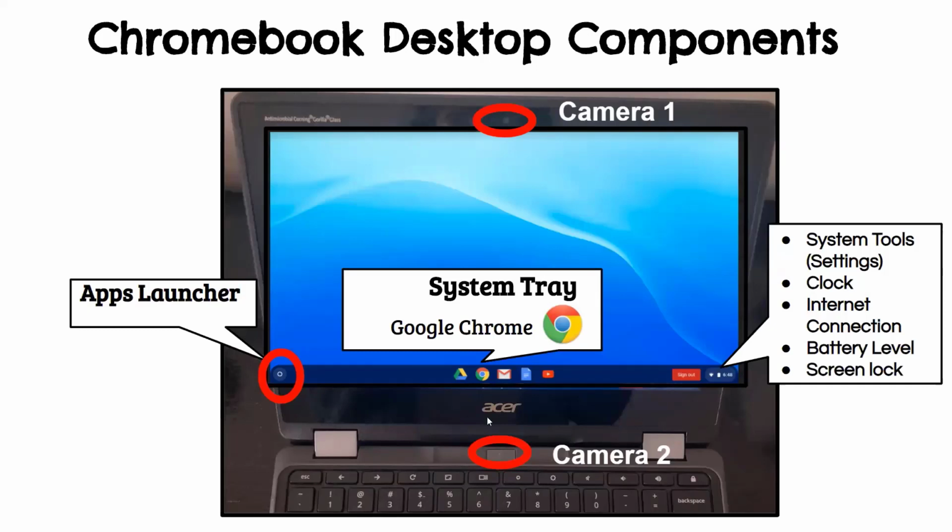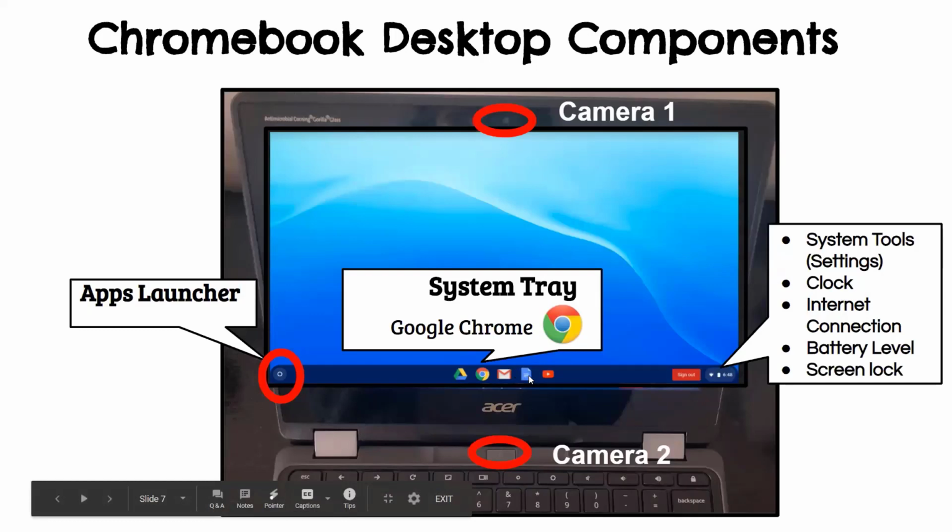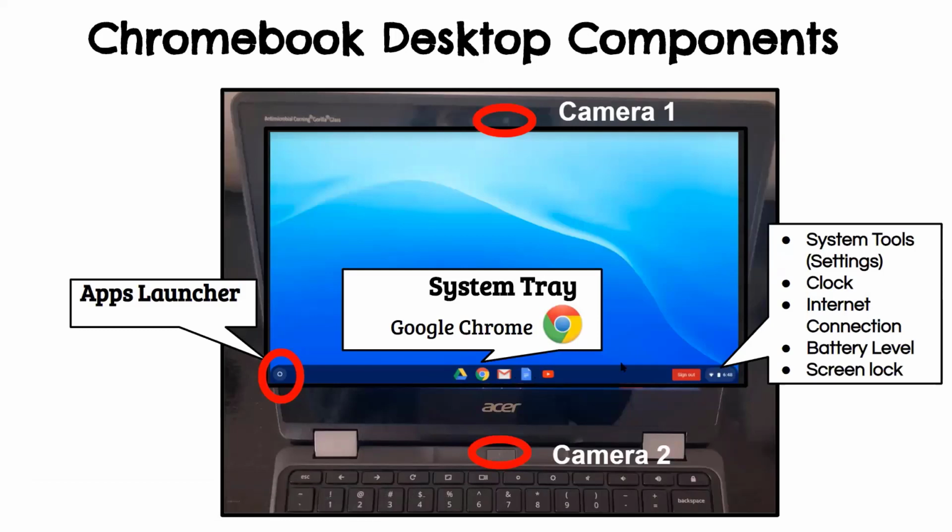The next three are Gmail, Google Docs, and YouTube. And those are all web-based, which means you have to be on the internet. You have to be on the web in order to access them. Okay, let me just move this over here. And then again, there's that other menu where if you click on the clock, you don't even have to click on the clock. You actually see your Wi-Fi. You also see the battery, how much battery life you have. All right, moving on.